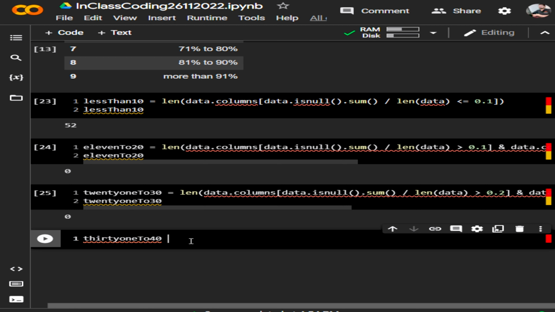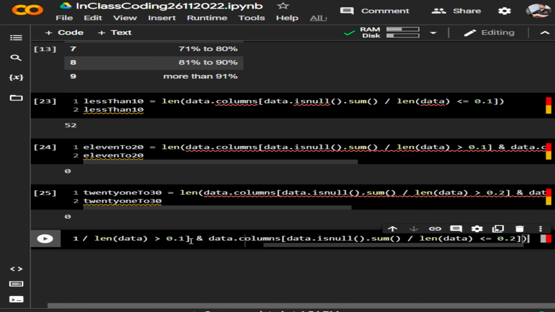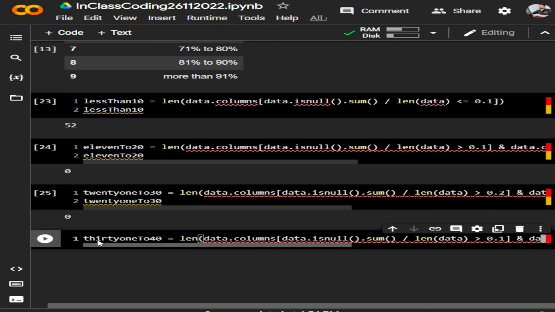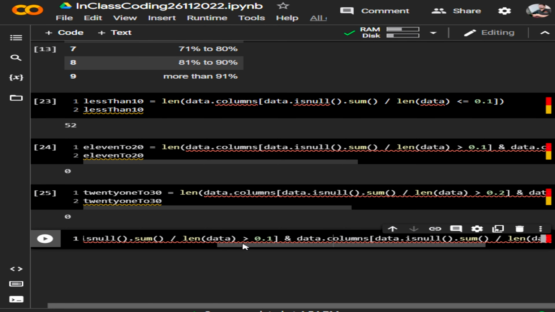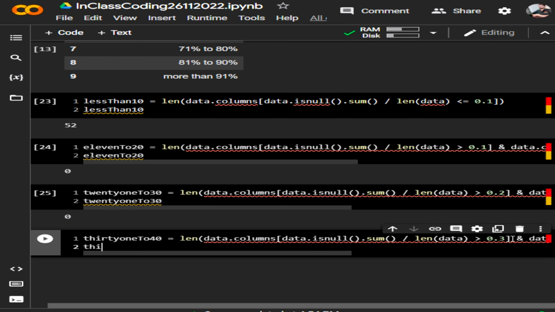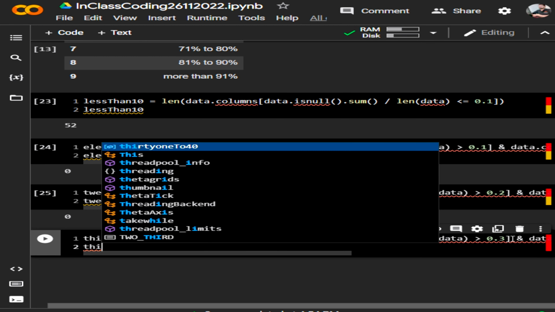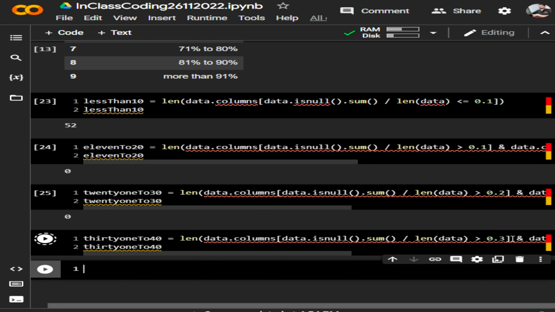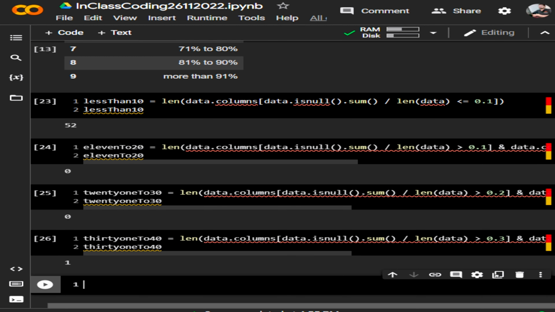31 to 40 should be equal to, paste it. So this is 31 to 40, greater than 0.3 and less than 0.4, and 31 to 40 is what I want to see here. So it says 1. 31 to 40 is over. Then